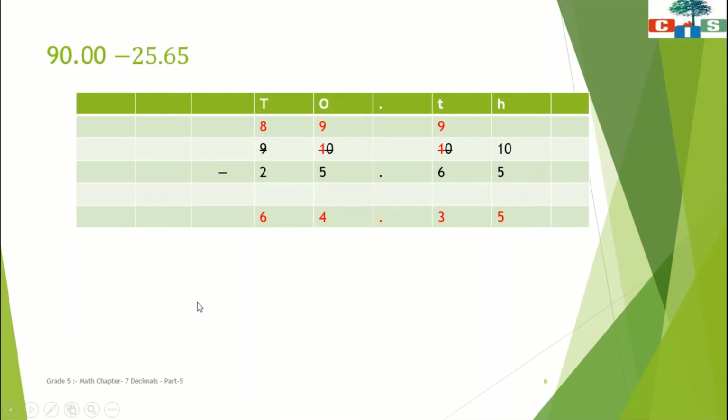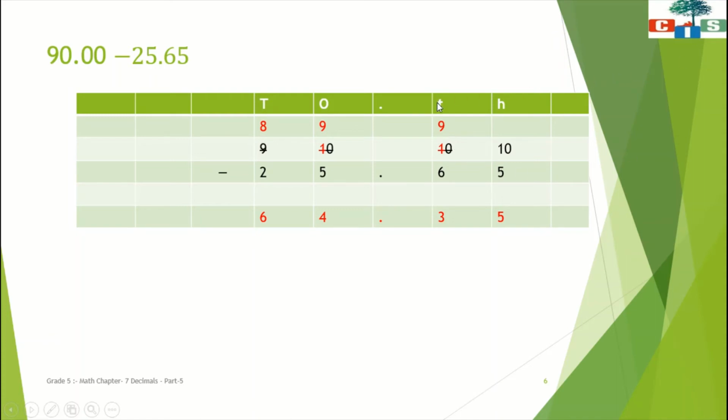Now we'll see how to subtract this sum. Okay. We'll start from hundredths place. So 0 minus 5. So scholars, we cannot subtract 5 from 0. Okay. So what we need to do? We need to borrow from its neighboring place, from its next place value. So here we have tenths place value and the digit at the tenths place is also 0. Okay. So we cannot borrow from 0.